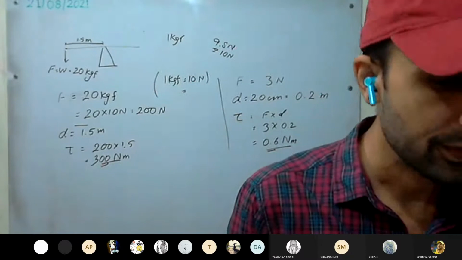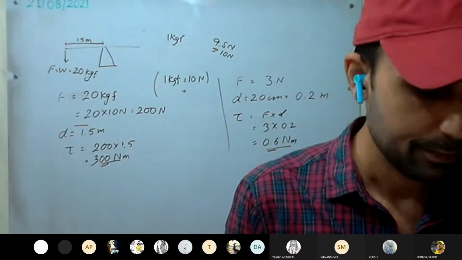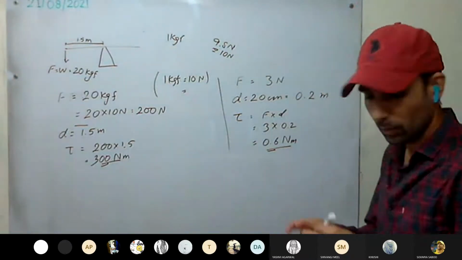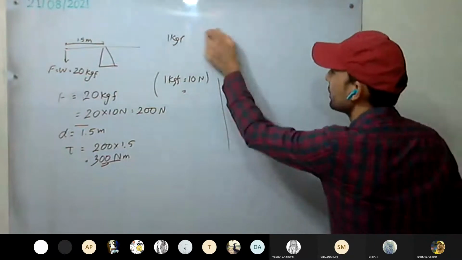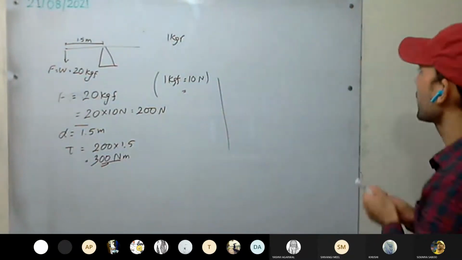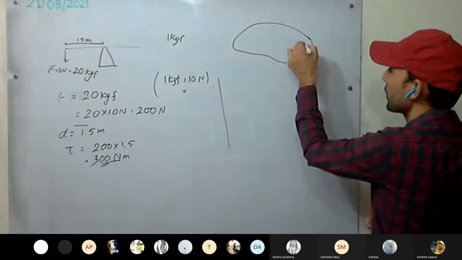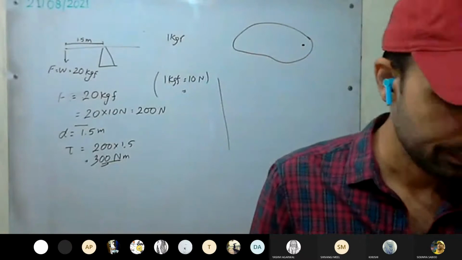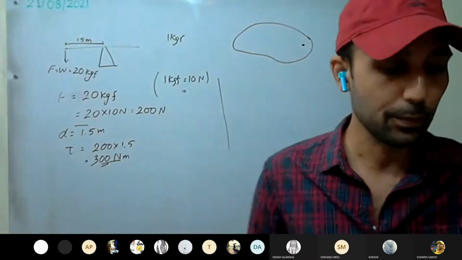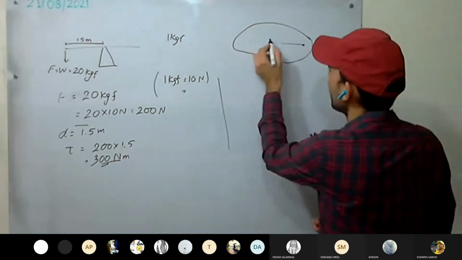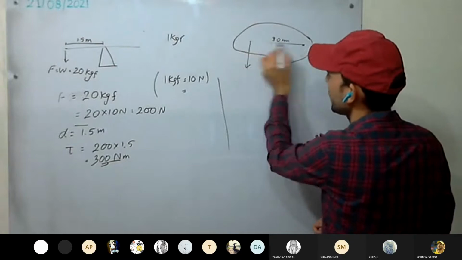Okay. Try the next one. An object is pivoted at a given point. So we have an object pivoted at a point. This object can be anything. For example, this is our object, amoeba-like. Here is the axis of rotation. It is pivoted at this point. Now, a force of 6 Newton is applied at a normal distance of 30 centimeter from the pivoted point. From here, at a distance of 30 centimeter, we are applying a force, at a normal distance, that is perpendicular.